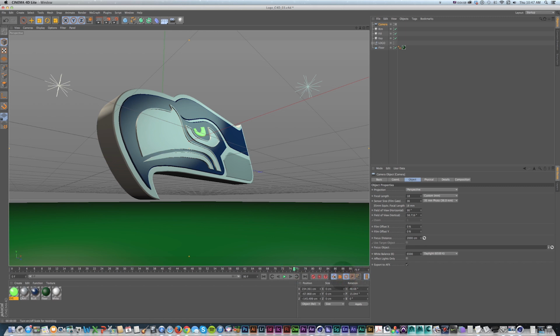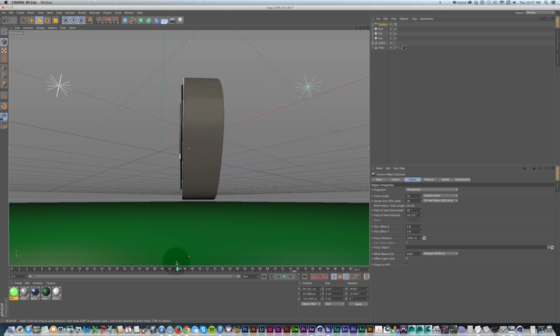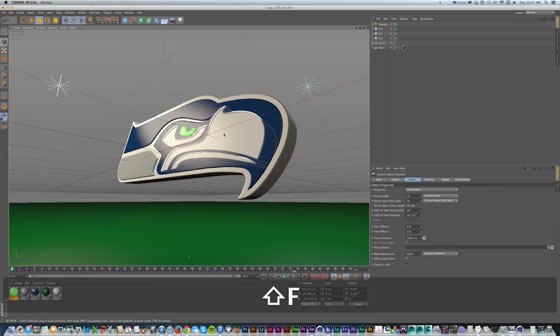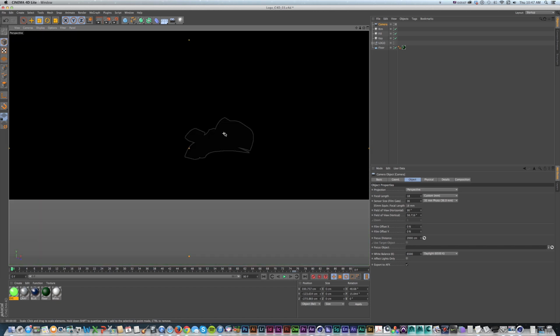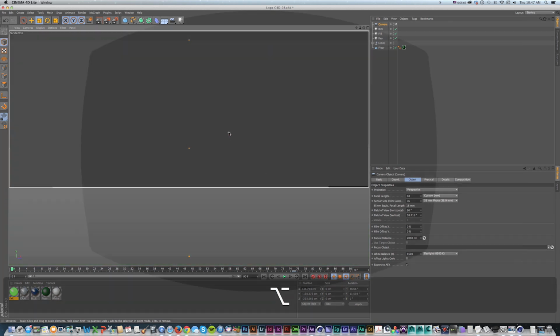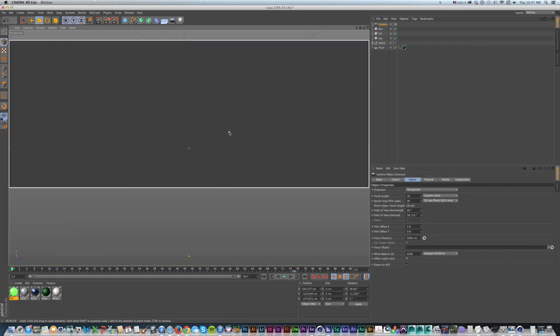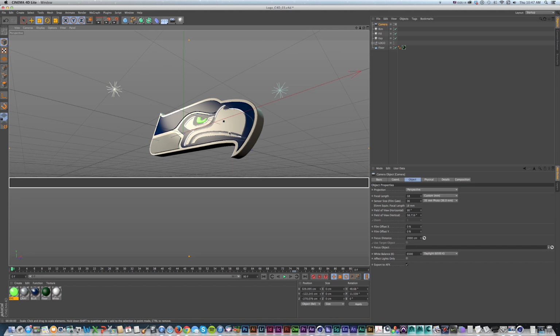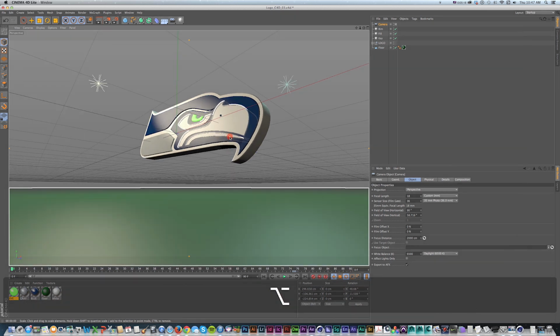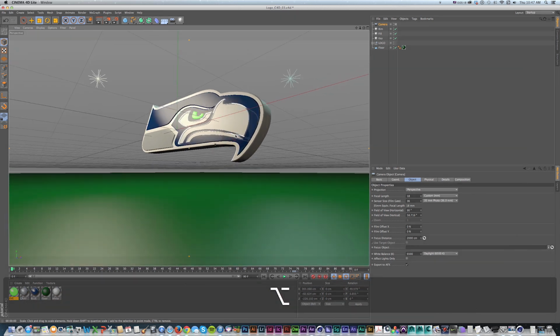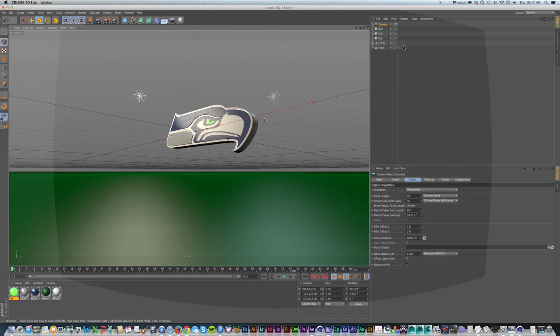So I'm going to turn those off, make a keyframe, go back to my beginning, or press Shift F for beginning. And I'm just going to dolly this camera back a bit and make sure I don't go through the floor. So it looks like I went a little too far. You can always move this up a bit and just pull that camera back, add a new keyframe. And then if I play,